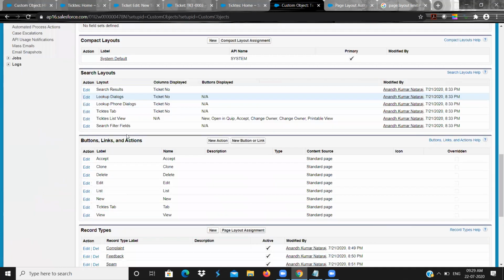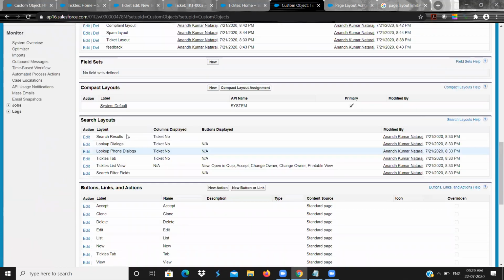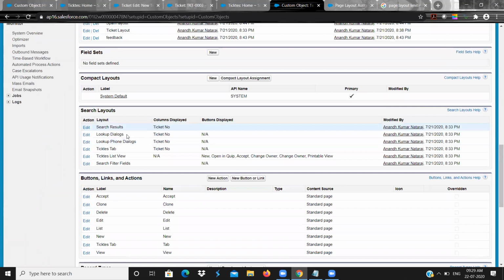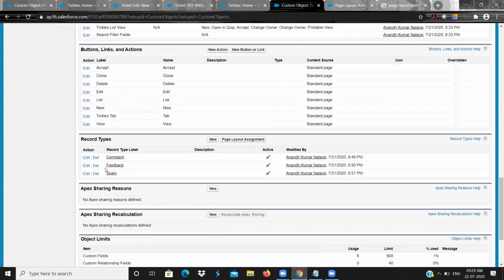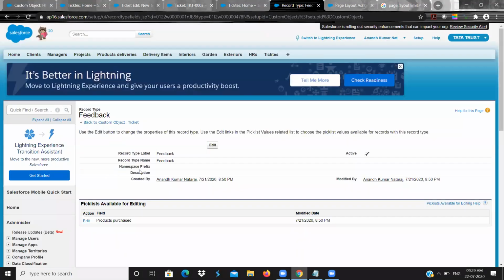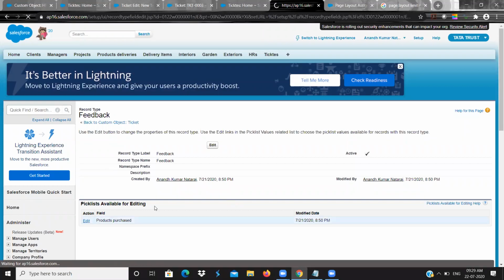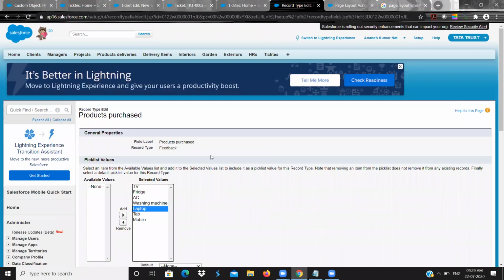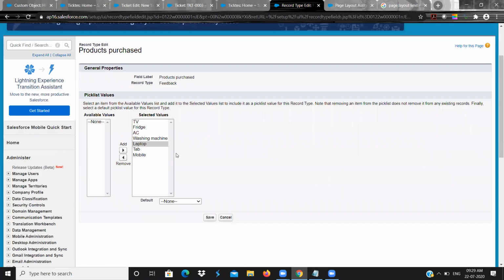Why do we want to have it? I will show you. Here you have a field called product purchased. For feedback, because I am selling tab, laptop and mobile from a third party, I cannot get feedback on these things.